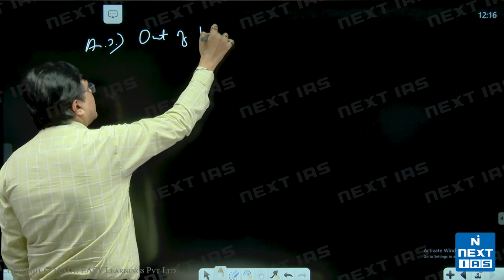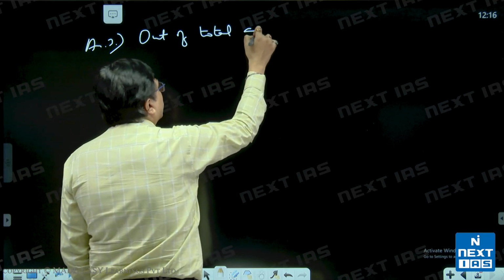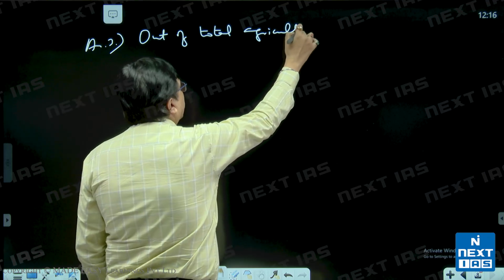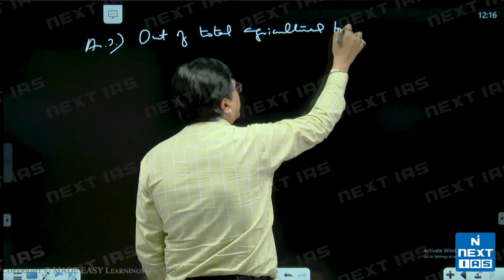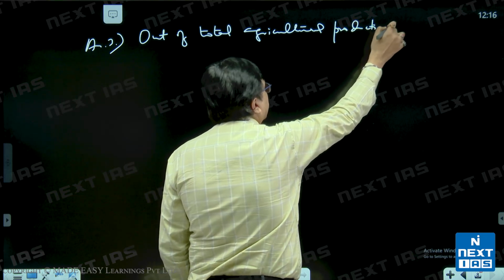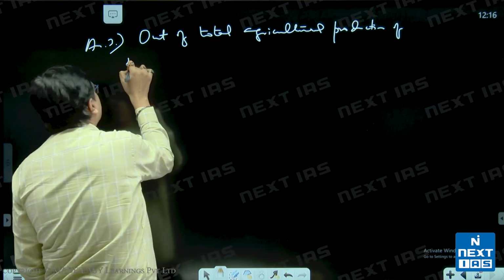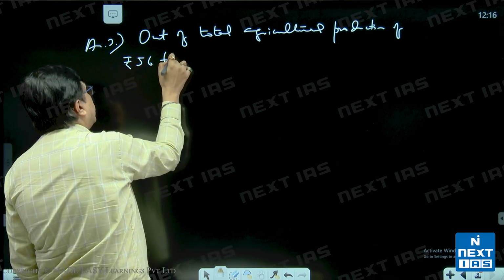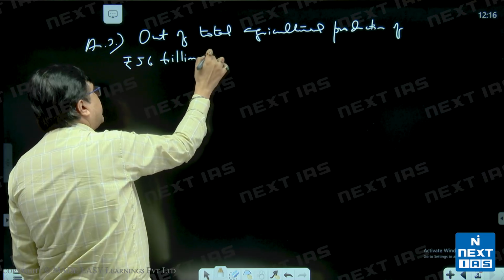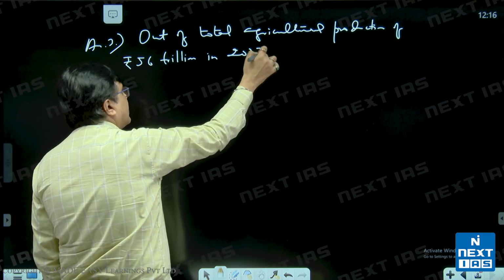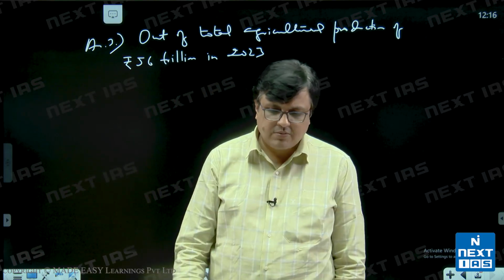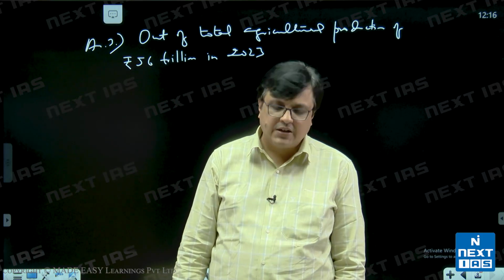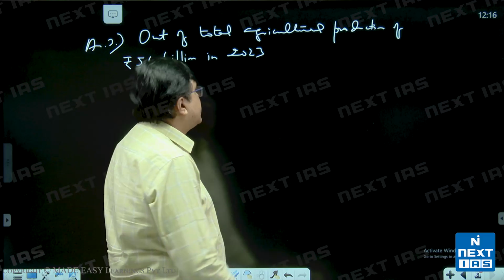Out of total agricultural production of rupees 56 trillion in 2023, of course, we don't have data after that in totality, but in 2023,